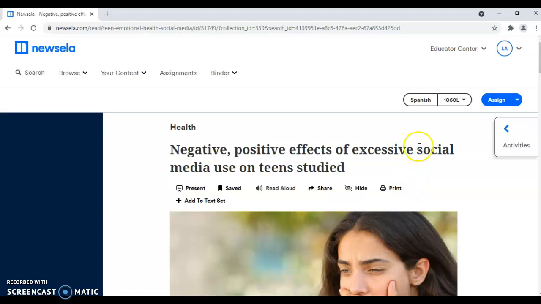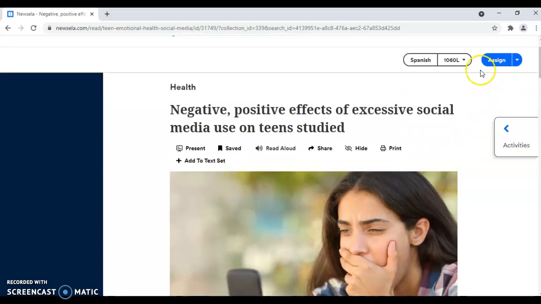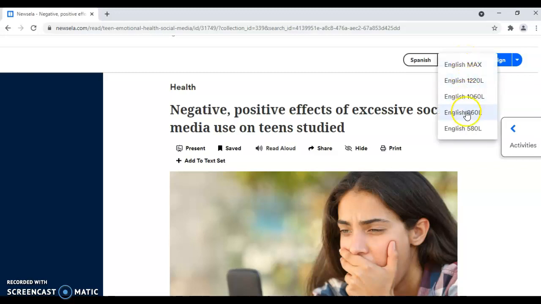And from here, you can adjust the reading to your current Lexile level. Right up here on the right-hand side, there's a drop-down menu where you can select more or less what your Lexile level is at this moment based on your Spark work. So if your Lexile level is around 850, 900, you can click this. If you're around 1200, there's an option. The max is going to be the most difficult version of the article for you to read. So again, based on whatever your Lexile level is at this moment, make your selection